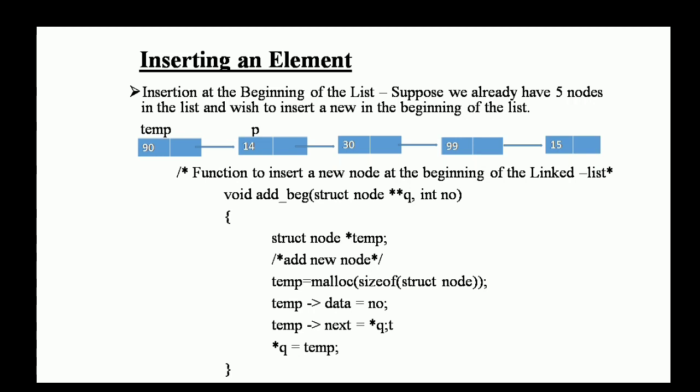The first box is known as the data. The second box is the next element. Similarly the second part, the third part, the fourth part, the fifth node. These are different nodes. What is a linked list? It is a linear data structure. Unlike arrays, linked list elements are not stored at contiguous memory locations.